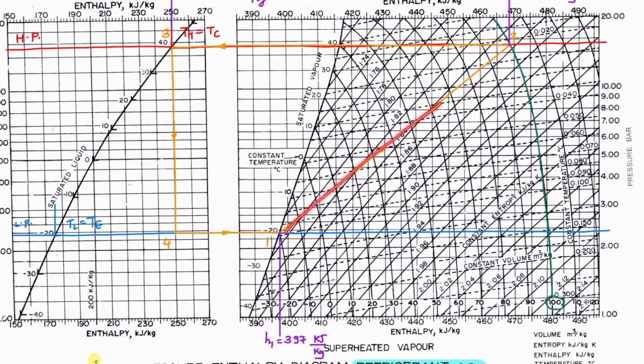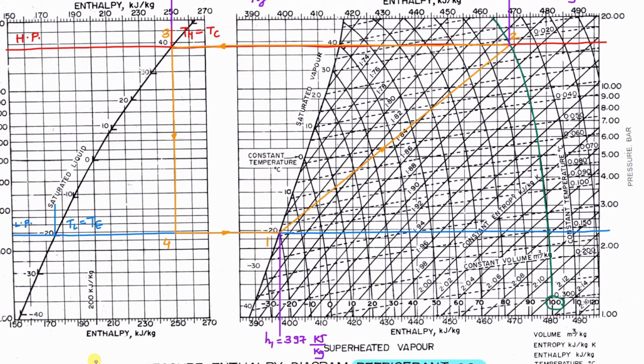So 1 to 2 is polytropic compression. Then point 3 we have considered as saturated liquid, since it is not given in the question. So from point 2, draw a horizontal line, following the constant pressure till the saturation curve; that will be point 3. Then draw a vertical line from 3 to 4; this is expansion, enthalpy remains constant. And 4 to 1, again you have to draw horizontal; it is constant pressure heat absorption in the evaporator.